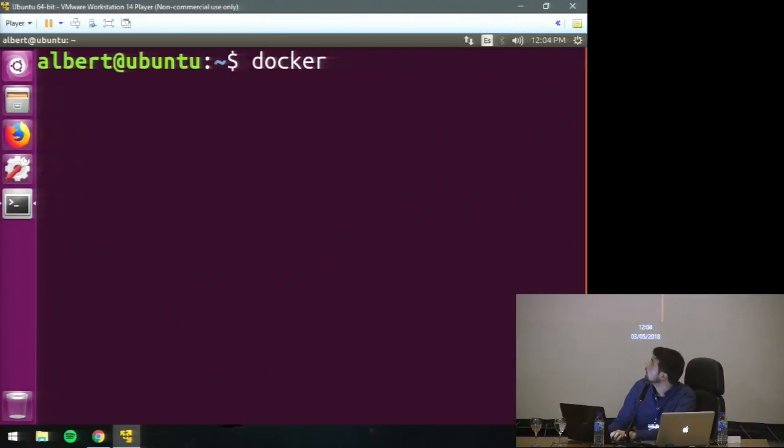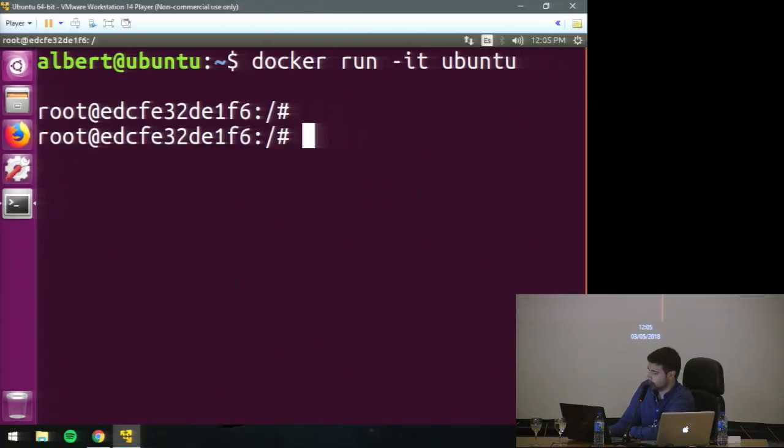So let's say I want to start a machine. This can be done by the docker run command. I want it to be interactive, and I want it to be with a terminal so that I can write commands in it. For now, we'll just use the basic example. So I will just grab another operating system. And I know that, for instance, Ubuntu has a very small image, so I can just type Ubuntu. Boom. I'm already inside